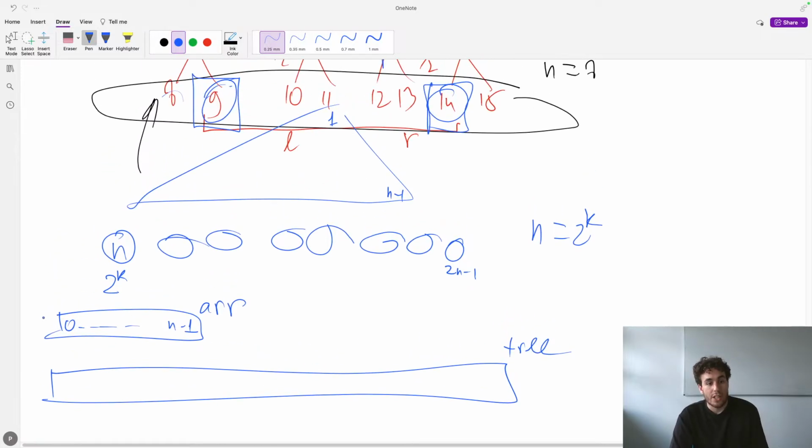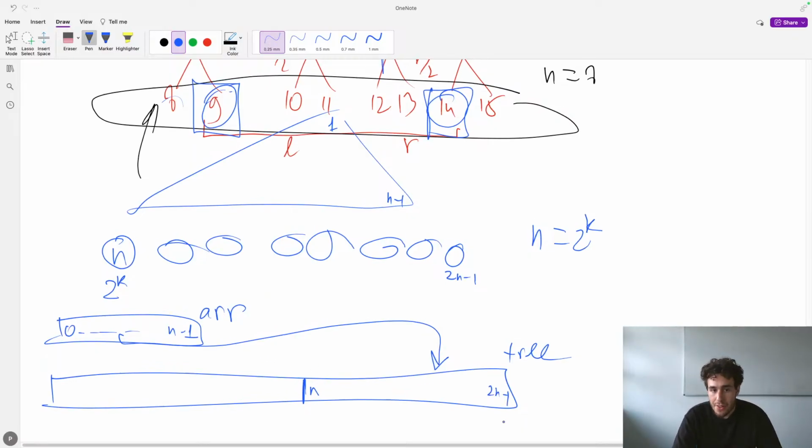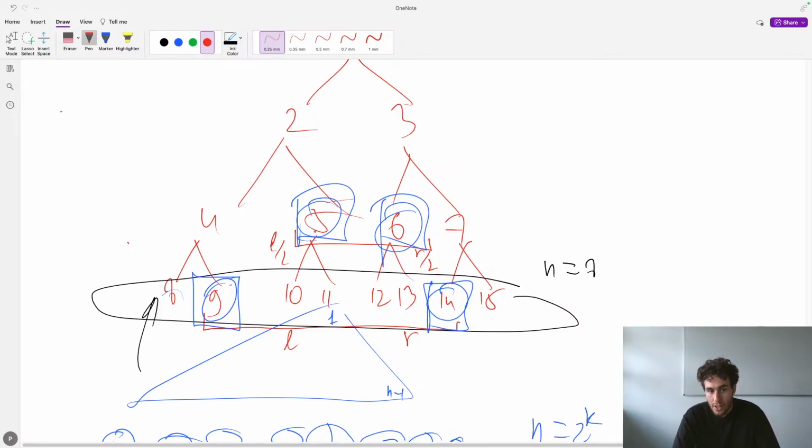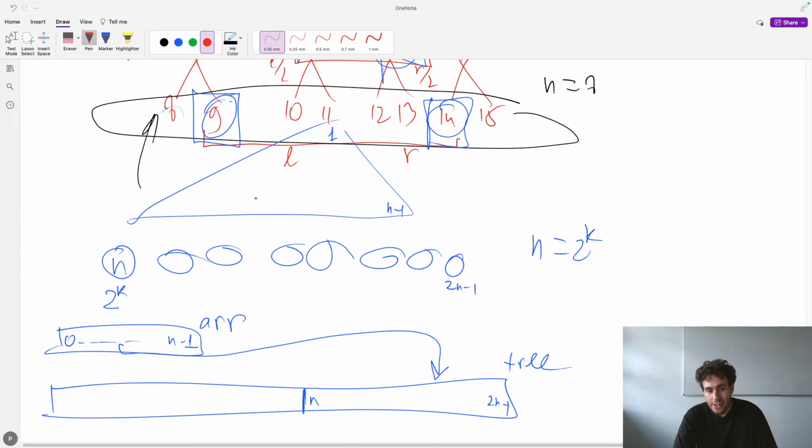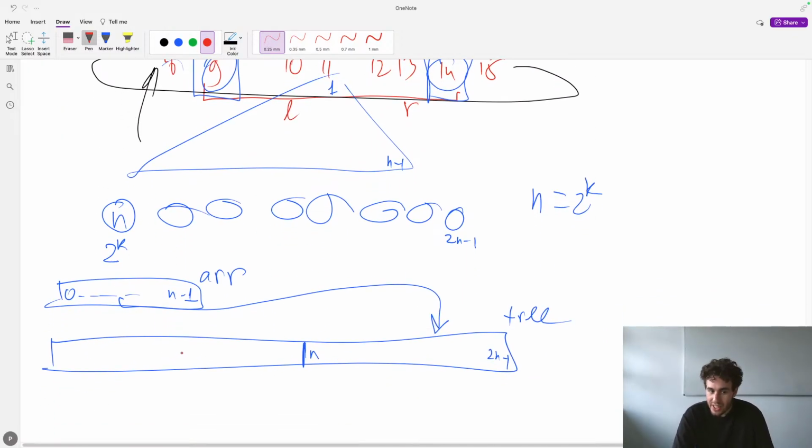So this is your array with indices from 0 to n minus 1. This is your tree. As I said, you also store your tree in an array. We just copy this array to the second half of your tree. So from index n to index 2n minus 1, we just copy our array. And then for everything else, in theory, for every vertex